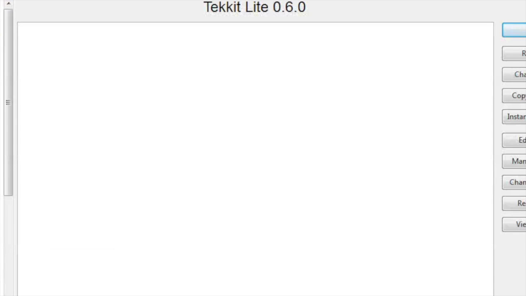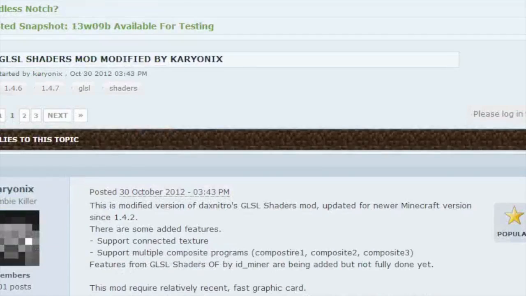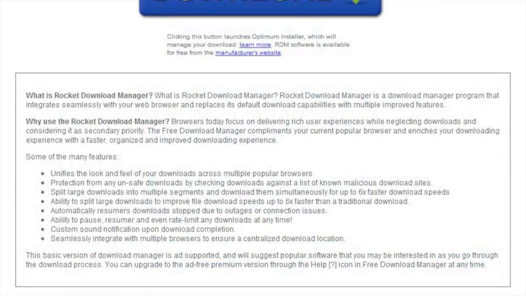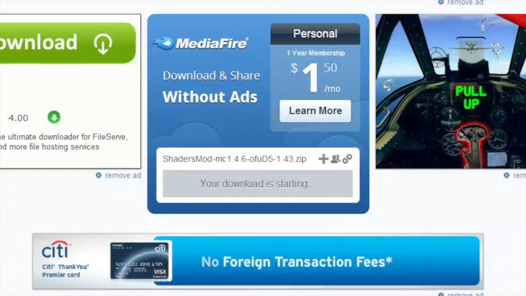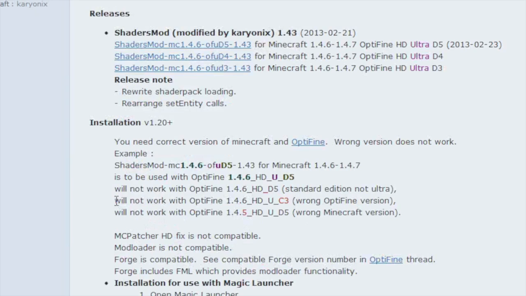Now, the very last step in this is to go to the GLSL shader mod for Optifine. These are modified shaders, and they work really, really well. So basically, I will include all of these links in the description so that you should have no trouble doing this yourself. So now if we scroll down here, you can see that